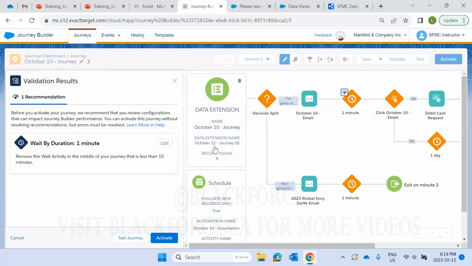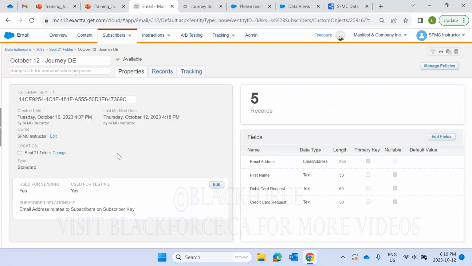But just for some reason, today I'm not getting that error message. But anyways, if you do get an error message, just try and double check that your data extension has not been deleted, the name of your data extension has not been changed,